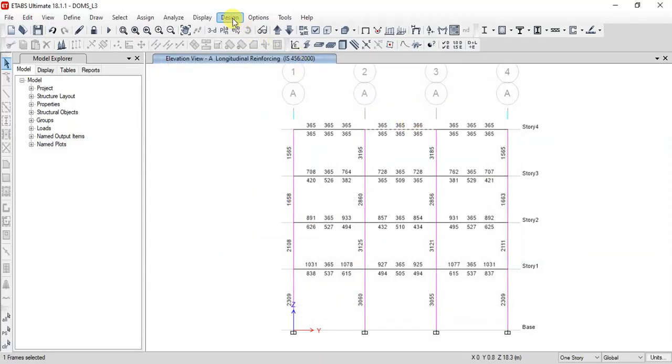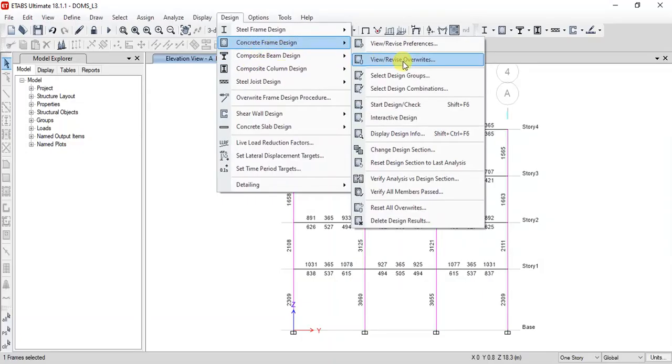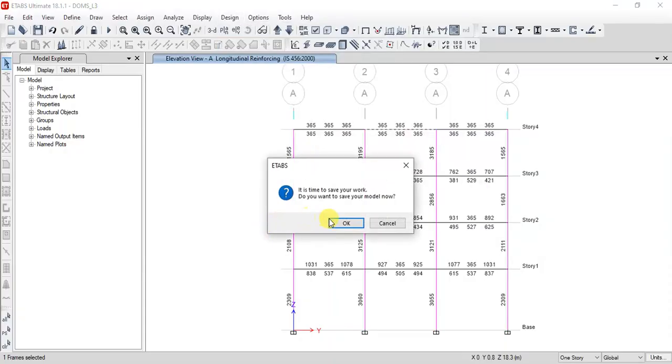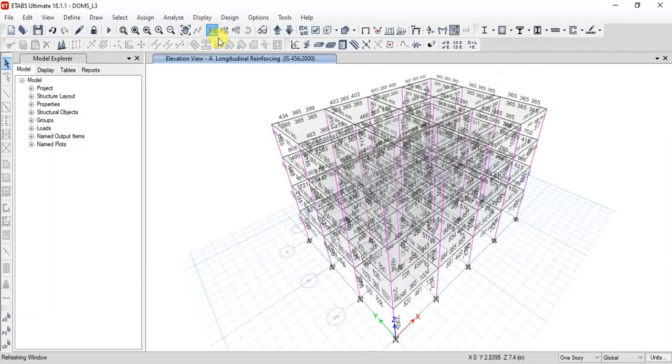There are other options also available. If you want to check the analysis, whether our model has passed, and any one of the members has failed, you will see that member in red color, which means that particular member has failed.